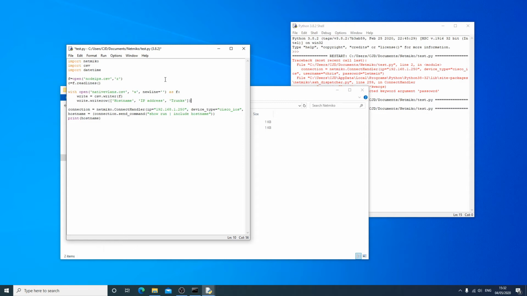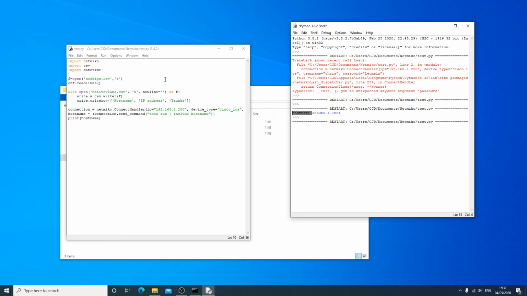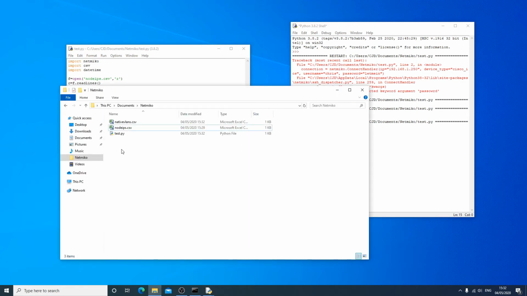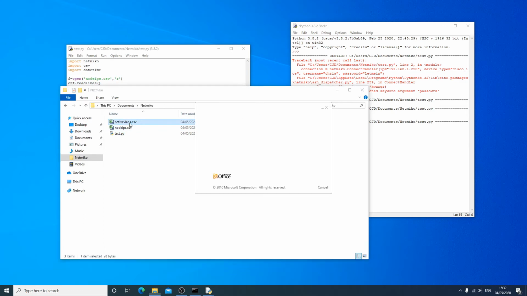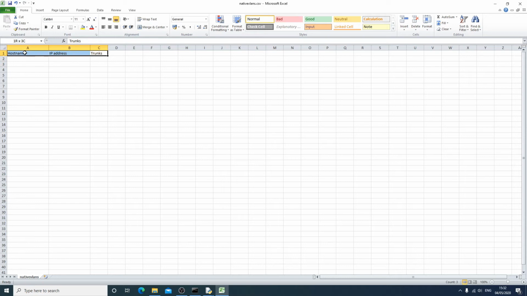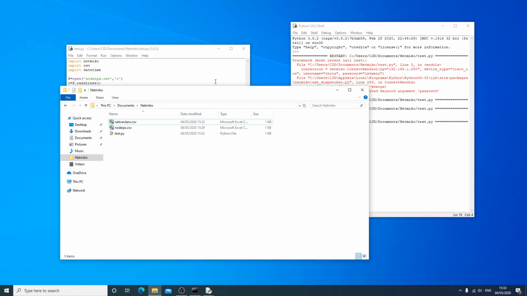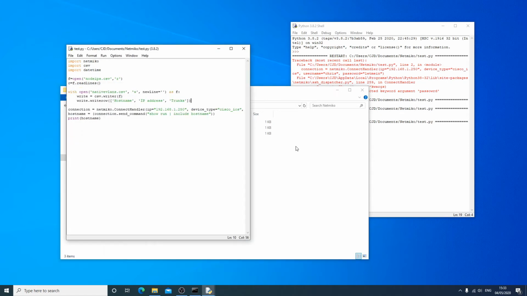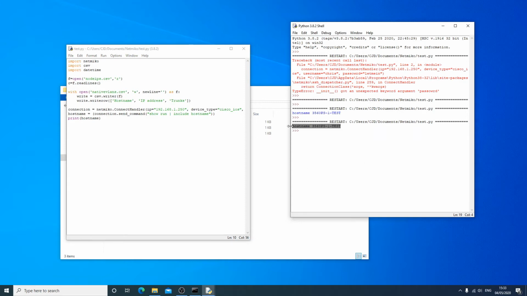So let's run that. We can now see it's created a new file here called native VLANs.csv, and it has put in these three headers. So back to our script. We also have it outputting our hostname just to the screen, so we want to get this stuff into our spreadsheet as well. But first of all, before we come to that, we will need to